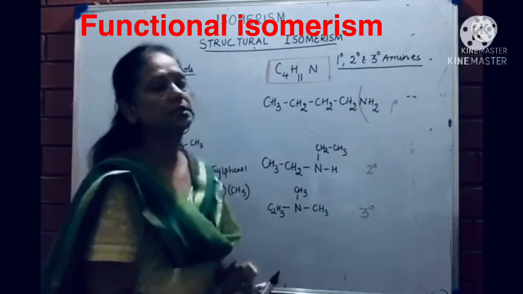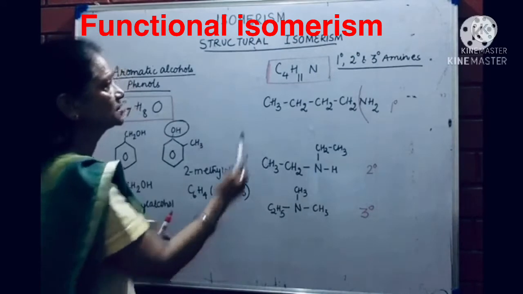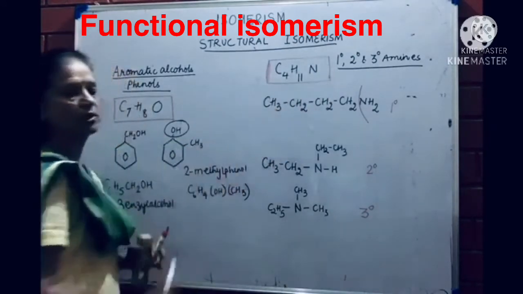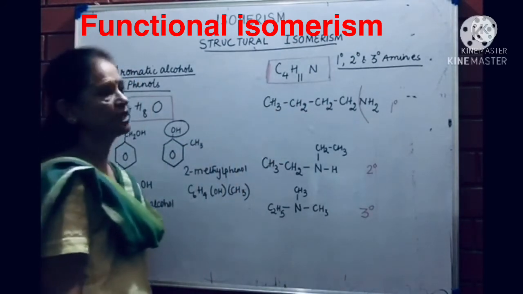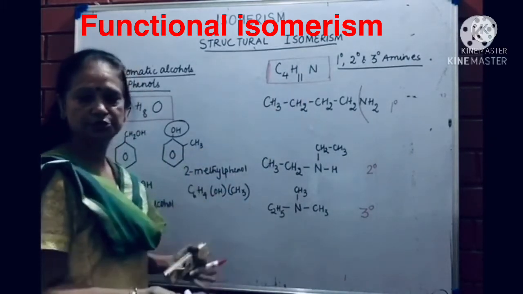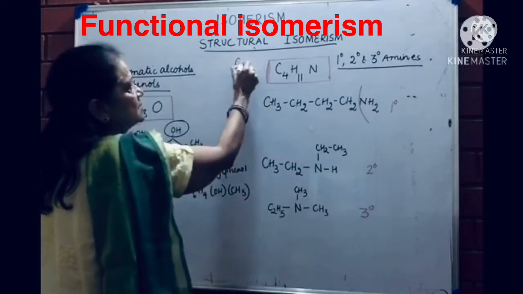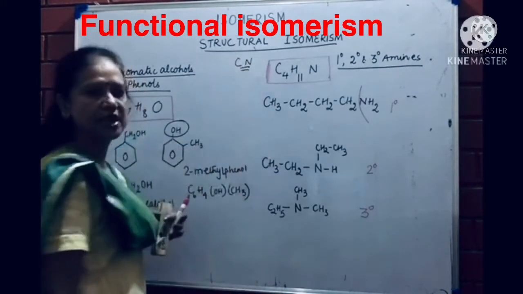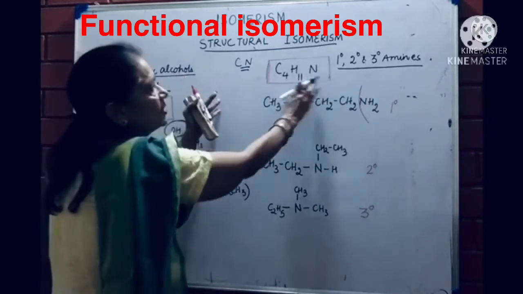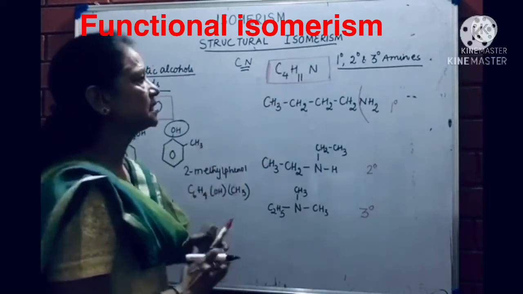Then we had done earlier what primary, secondary and tertiary amines were. So supposing this was the molecular formula given to you, C4H11N. Looking at N, I know it is an amine. It can be NH2. Otherwise, in other compounds, it could be cyanide, CN also, the nitrile group. But when you try to fit it into this formula, cyanide will not fit in. So this will come as an amine.